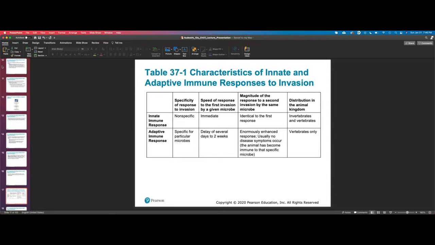Whereas the adaptive immune response takes a while to ramp up, and so when you encounter it the first time, and then later on, once it encounters the pathogen again, best case scenario, it's able to quickly ramp up that second time. Whereas the first time, it kind of has to do a little bit of a recognition dance, which we'll talk about, the different immune cells that all coordinate together to sort of identify and remember these very specific invaders.